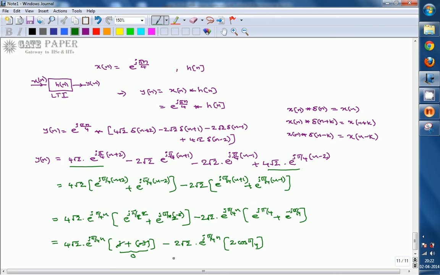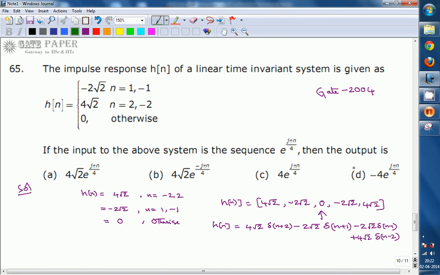This first part is 0 here. Then we get minus 2 root 2 e power j pi n by 4 into 2 cos pi by 4, and cos pi by 4 is 1 by root 2. So root 2 gets cancelled, and finally we get minus 4 e power j pi n by 4. That is the final answer we got after simplifying. So we can observe that option D is the